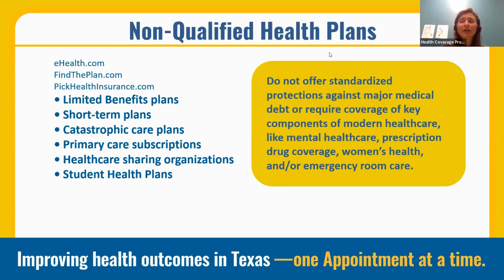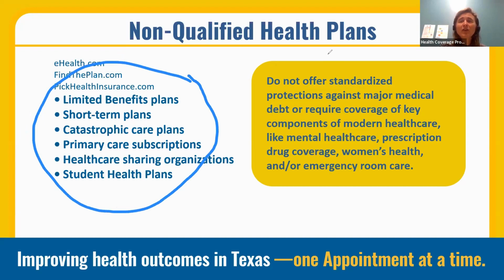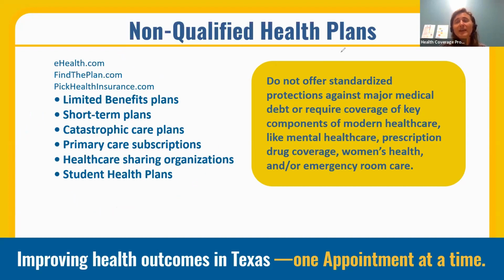So those health laws say things like health insurance plans have to help people pay for all medically necessary things, whatever that medically necessary thing is. But these limited benefits plans, these short-term plans, these catastrophic care plans, they are not governed by laws that say you have to do this if people need certain kinds of healthcare. So we are available to check out what plans people have, to help them learn about those plans and see what their options are if people are on non-qualified health plans.